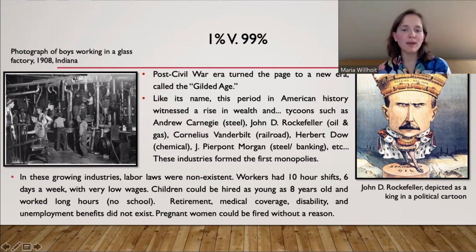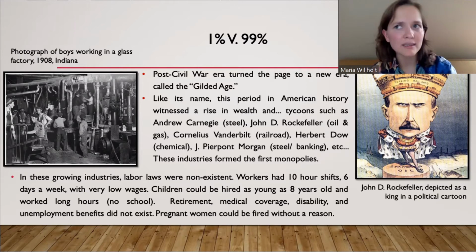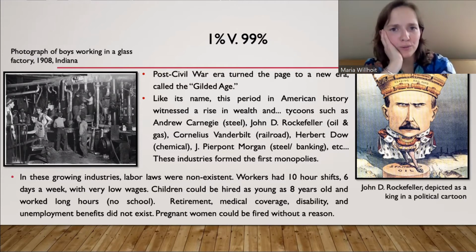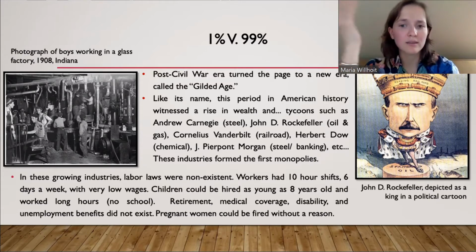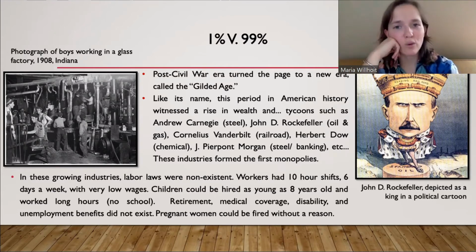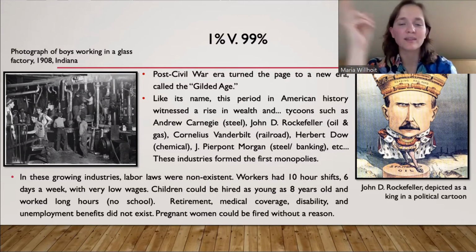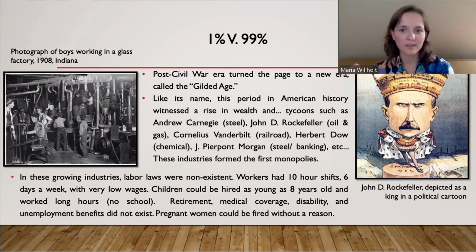At this time, especially towards the 1900s, he becomes one of the wealthiest men in America. And I think by 1932, he is the wealthiest man in America, and I think ever, either. His company, Standard Oil, later becomes present day ExxonMobil, which is also one of the largest companies in America. I think it's the second after Walmart. So, a lot of these men built companies that we still use today. Anyway, so they're the first monopolies.